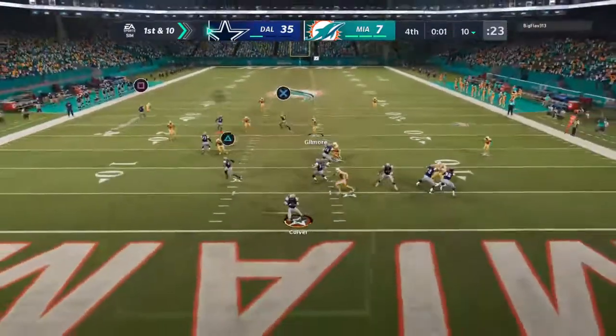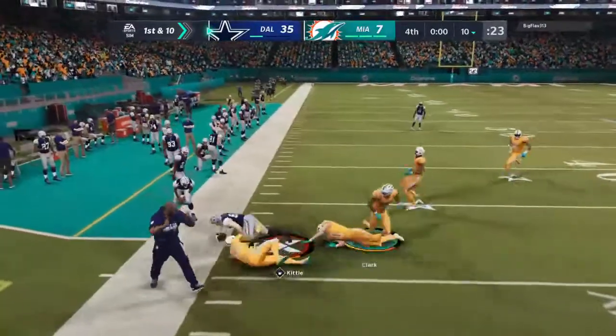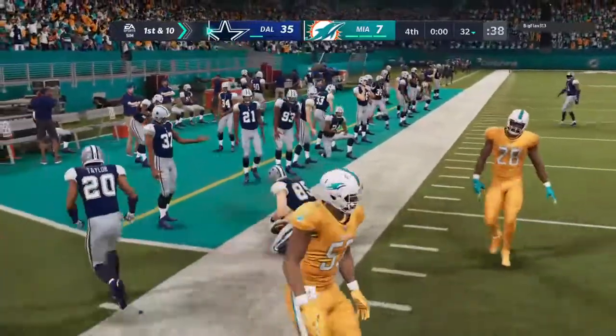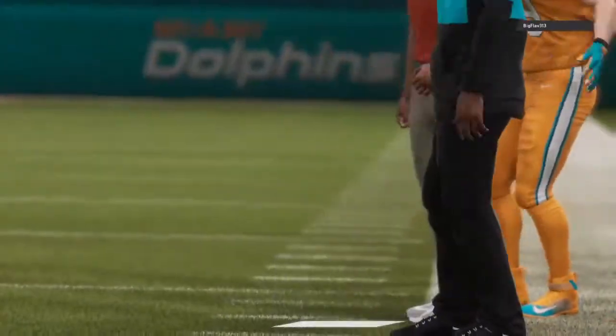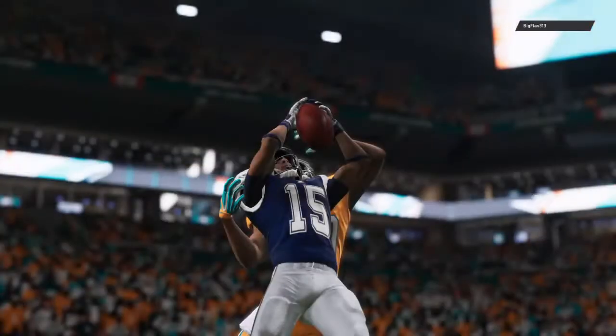Off the play fake. Culver rolling to his left. Completes it to the tight end, Kittle. And he'll have this past the 30 prior to going out of bounds. Tonight's final. So this one will end in a victory for the Dallas Cowboys. And, you know, it wasn't a shutout. They did give up the points in the first quarter, but 2nd, 3rd, and 4th quarter,